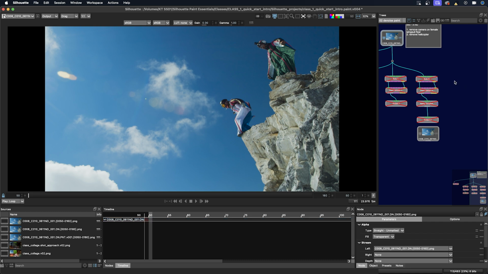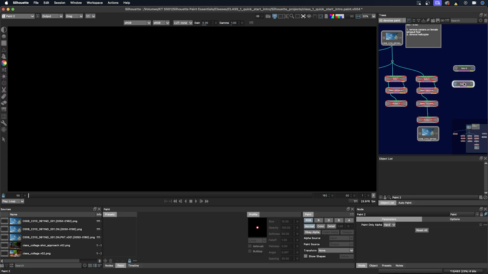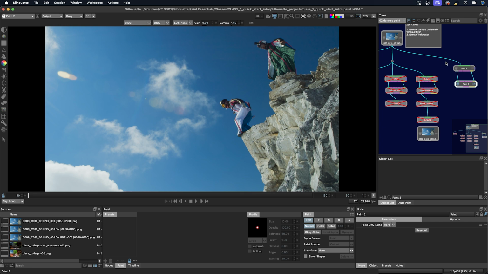So I'm going to bring in a roto and a paint node. I'm going to hook them up, make sure that the data ports are connected so that the paint node can use any tracking from the roto node. And then I'll hook up the roto node to the source, and arrange it over here to the side. Maybe I'll add another dot, Alt Option, move it over here. So the window's getting a little crowded. I'm just going to turn off the show overview.